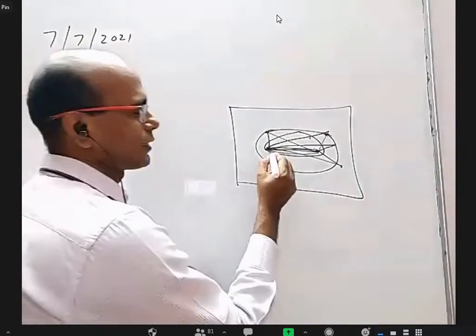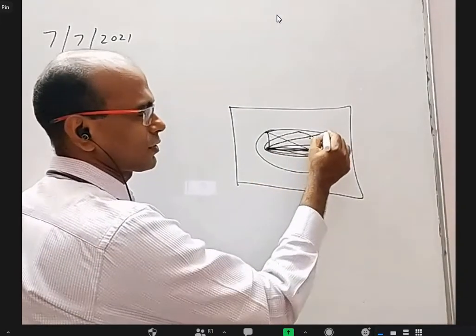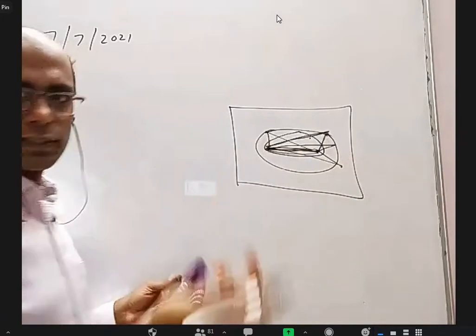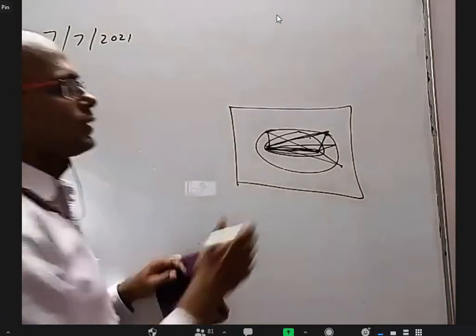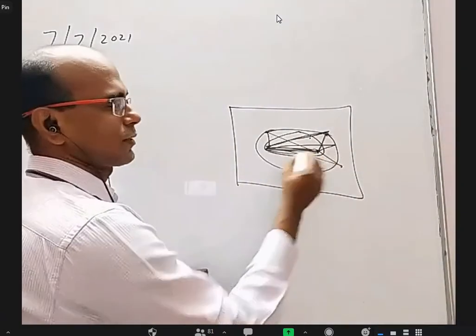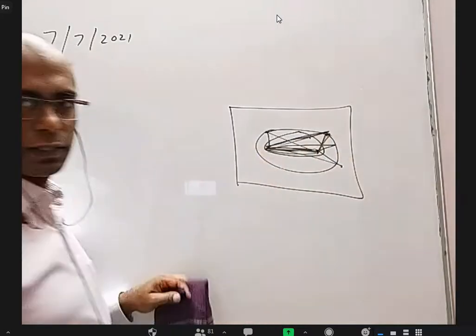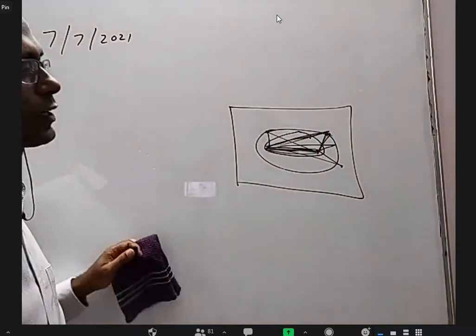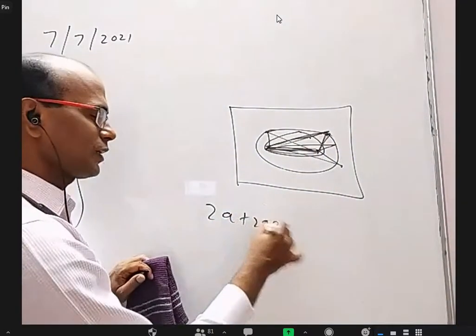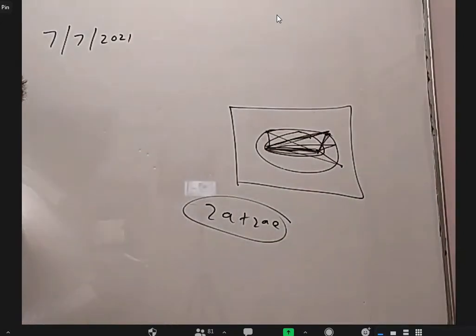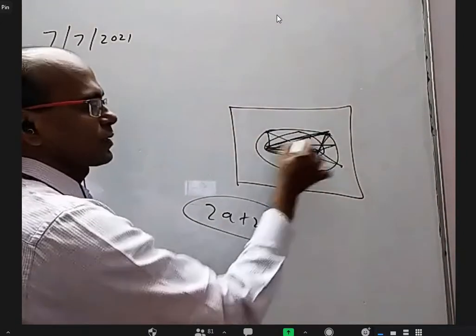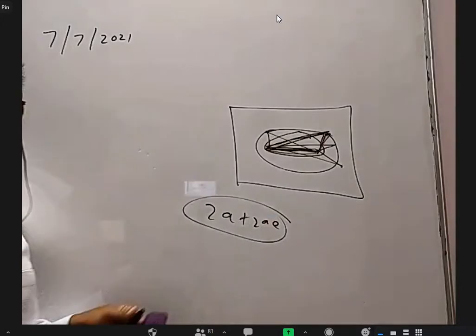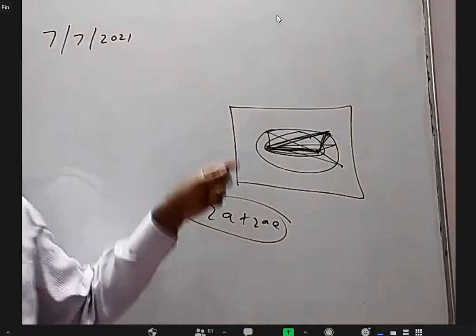Why? This is the length of the thread, this is the length of the thread. Total, the 3 together is the thread. It is constant. The distance between the foci is not changing, so this plus this is also not changing. So the length of the thread I used is 2A plus 2AE. Am I right? Yes, sir. This plus this is 2A, and this is 2AE. So that's how we can do it.